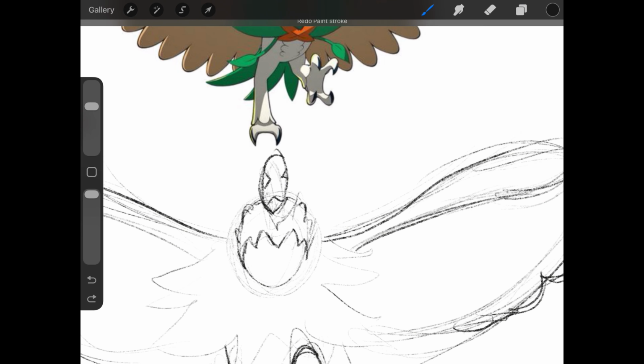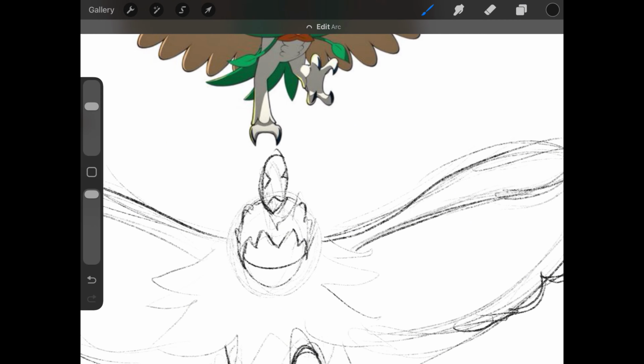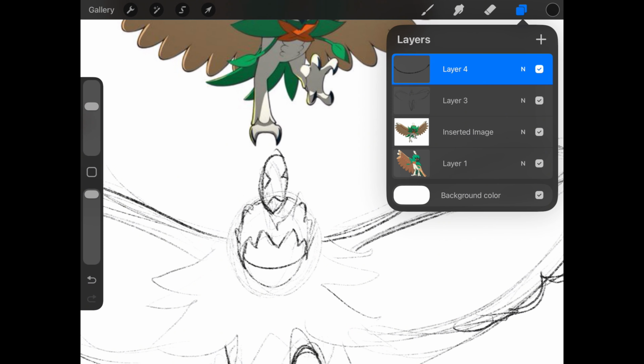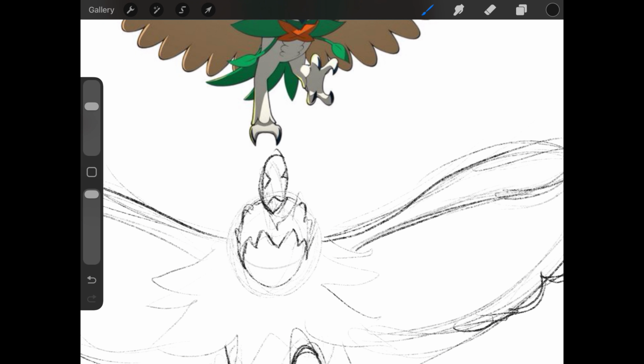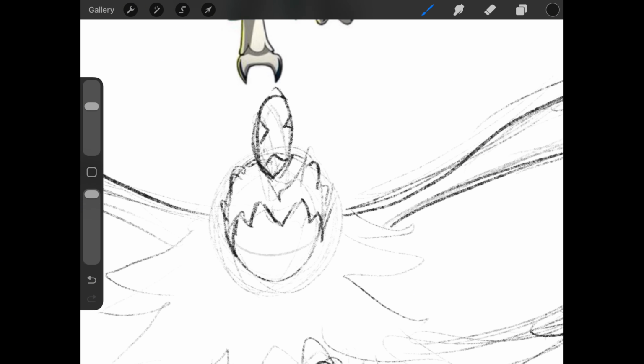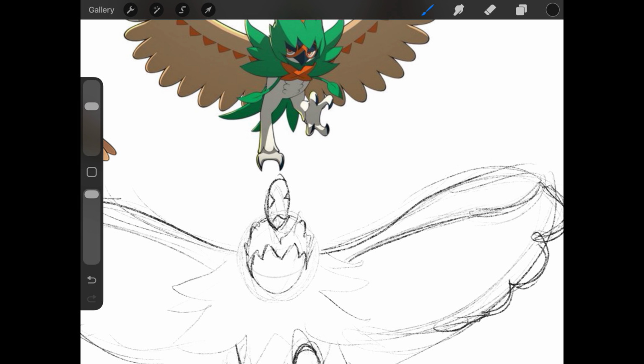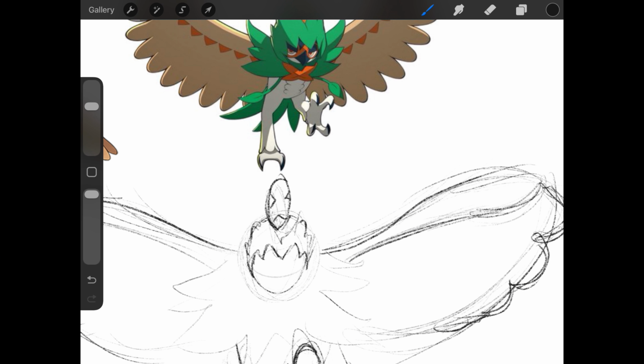Let's make a new layer for that, because I want to bring the opacity down on this line. Alright, let's bring down the opacity. And this is our reference line, our guideline for the eyes. Because he's like scouring, he's like,